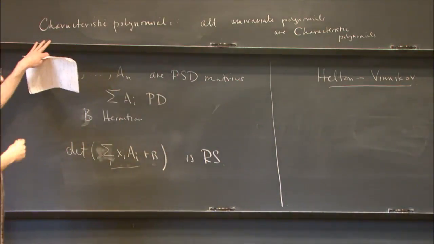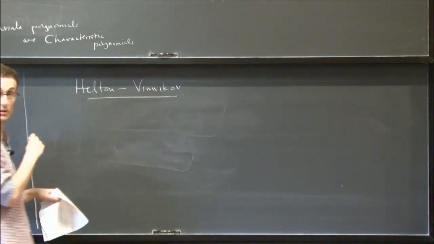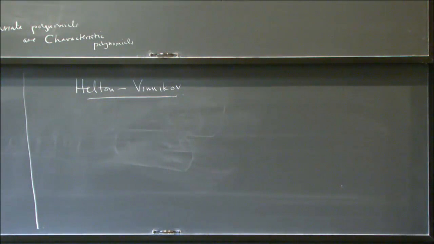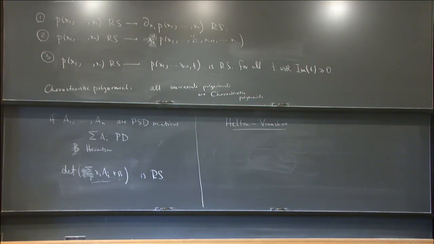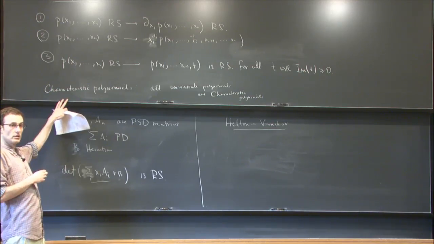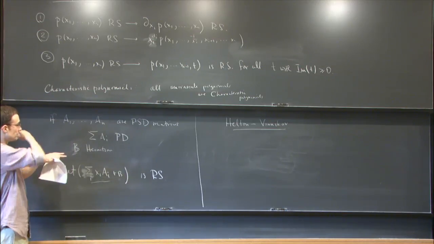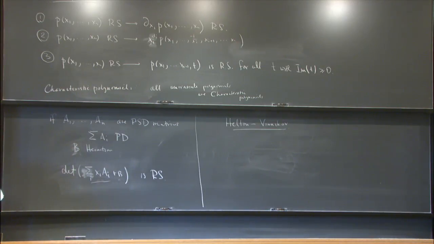which says essentially the same thing is true for bivariate polynomials as well. So, you can say, instead of what was just said, that you can also use all univariate polynomials or characteristic polynomials of this form, where some Ai is positive semi-definite. So what is the statement for the first one? All univariate polynomials are characteristic polynomials. And then the question is, can you write them in this form, like the sum of, or just xA plus B,